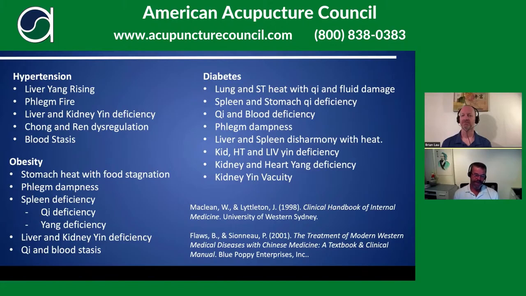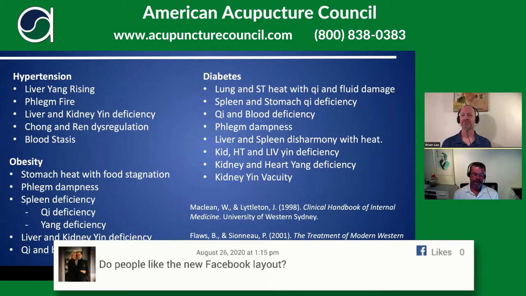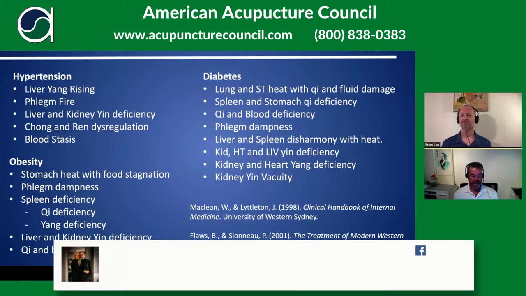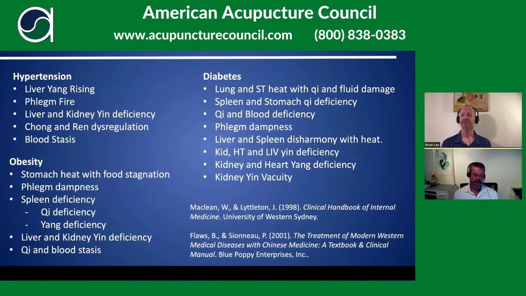So the strength of the organ itself being reflected within that channel, primary channel, and jin, not giving enough qi to be able to support that medial arch. And obesity, you've got liver and kidney yin deficiency as well as qi and blood stasis. Then diabetes, there's your stomach heat, so stomach channels being affected. Diabetes, spleen and stomach qi deficiency, there's your tibialis posterior spleen, tibialis anterior, not getting enough qi within the channel